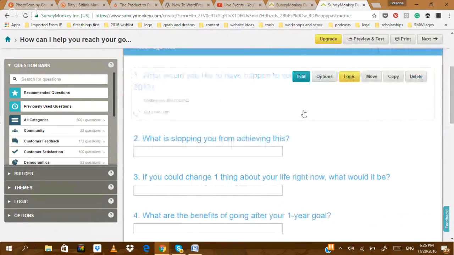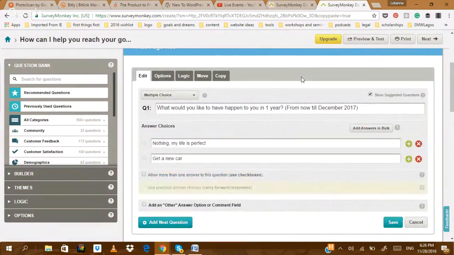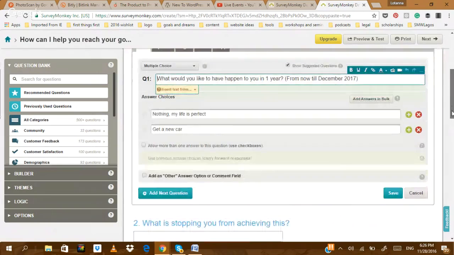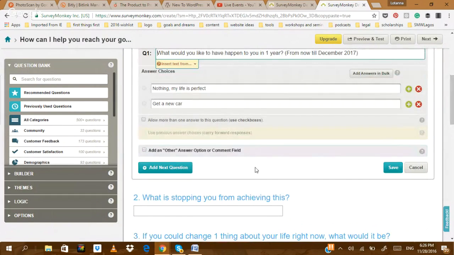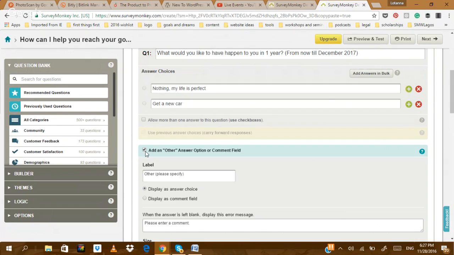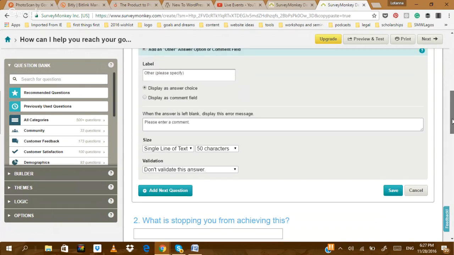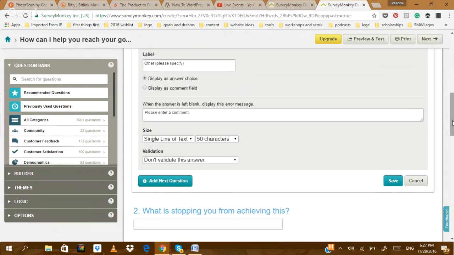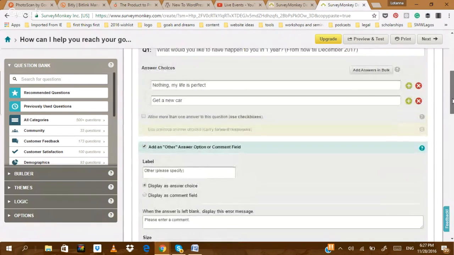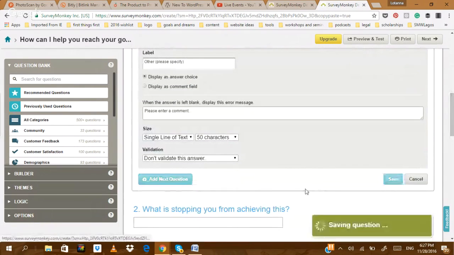So what I'm just going to do is for my qualifying questions, I want to edit. So I'll click on edit, and I want to only allow the person to choose a particular question. So first of all, you can add other. So if you want to add other, if the person has something that's not listed there, you can do that, add other. To save, and then